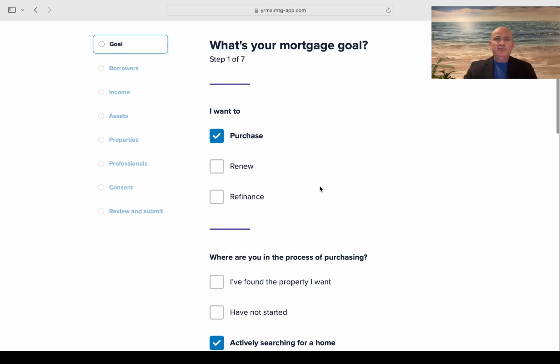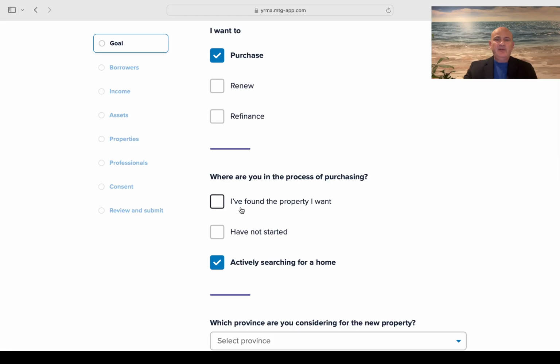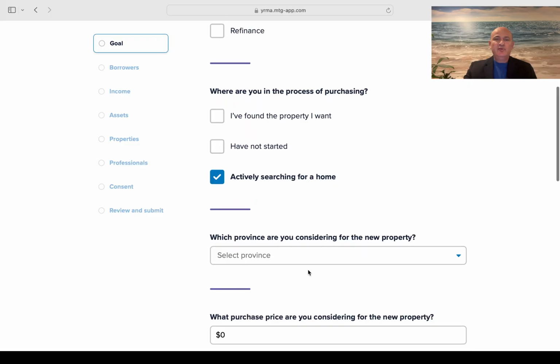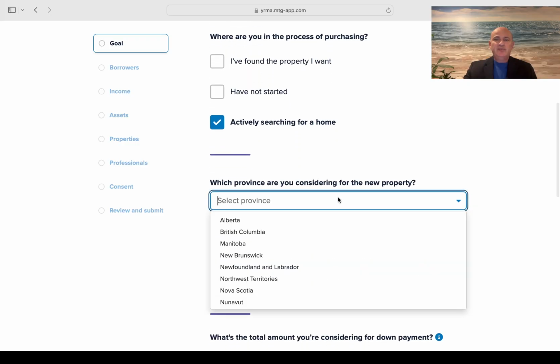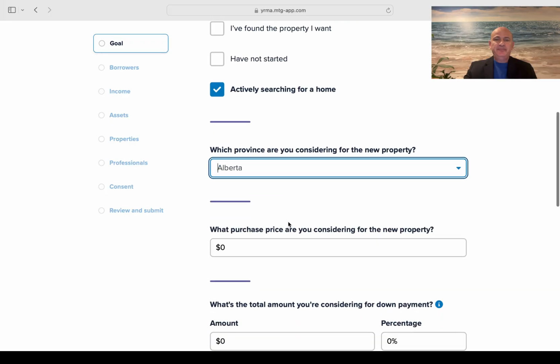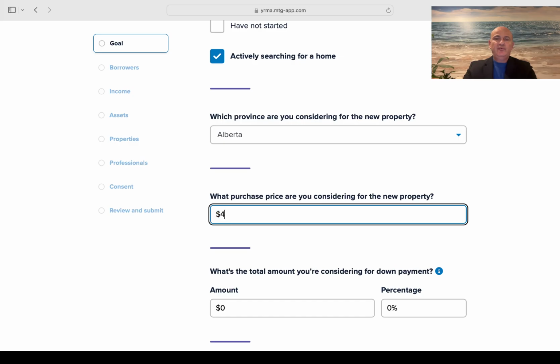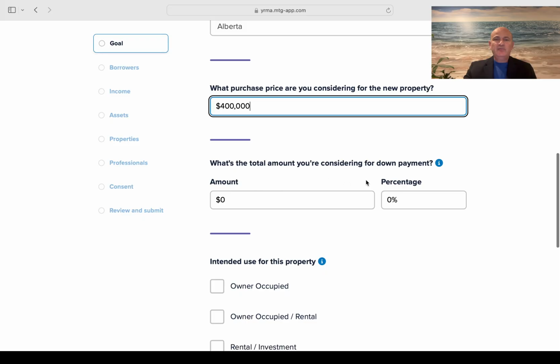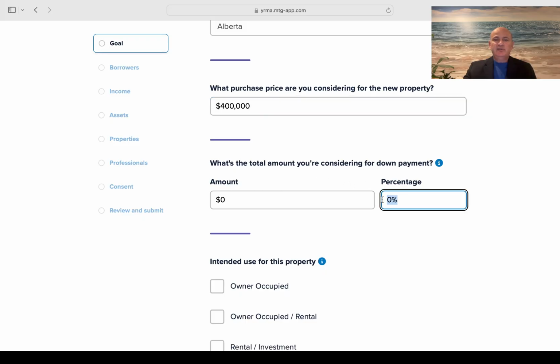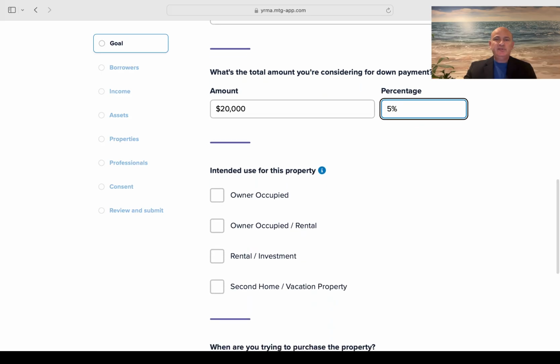So my goal is to purchase a property. If I found a property, I can indicate, or if I am actively searching for a home. And let's say I would like to buy in Alberta, and let's say I am hoping to buy something for $400,000,